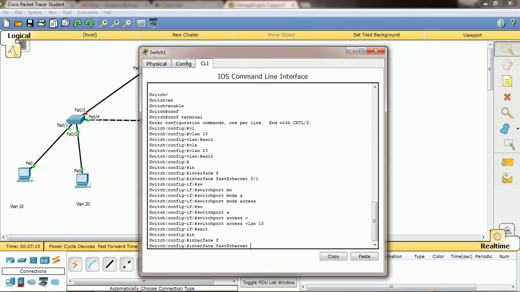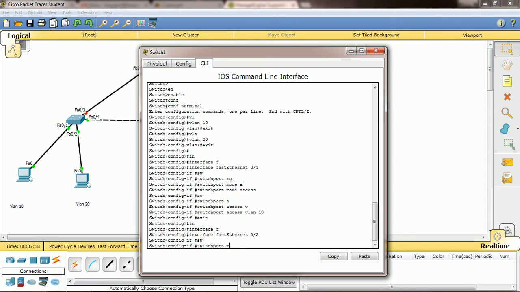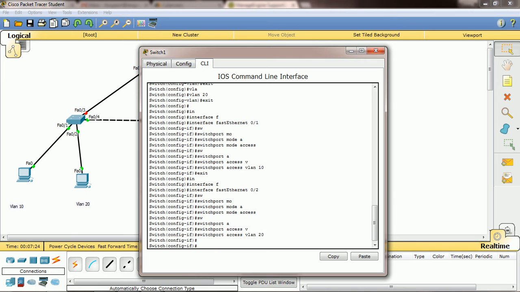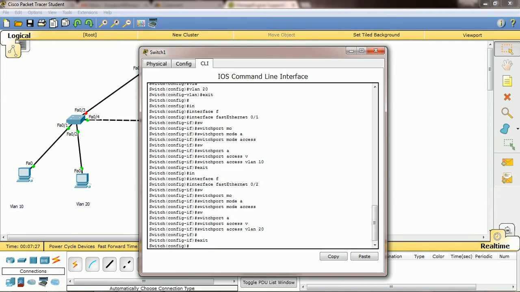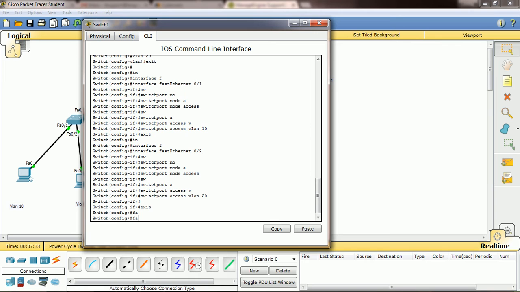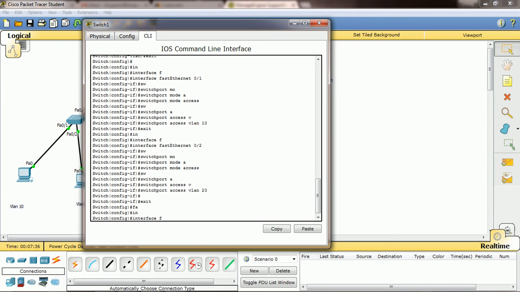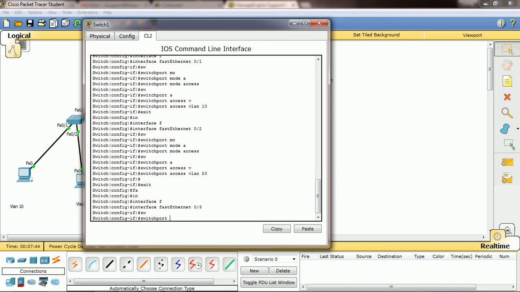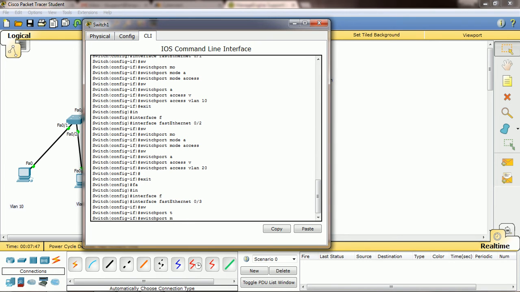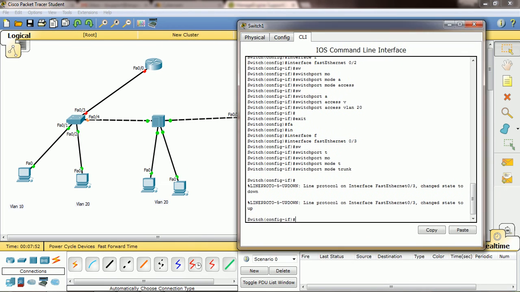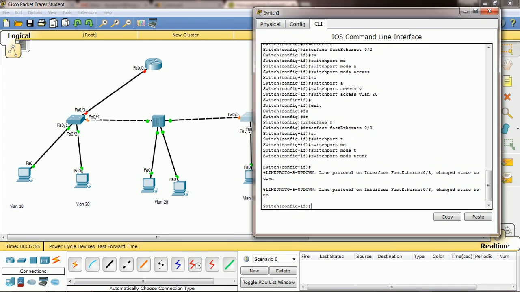Then enter into interface FastEthernet 0/2, then switchport mode access, switchport access vlan 20, right? Then exit. Then FastEthernet 0/3 as FastEthernet, interface FastEthernet 0/3. This port is a trunk port, right? Switchport mode trunk. Okay, so now we made it a trunk, and where we are assigning this native VLAN